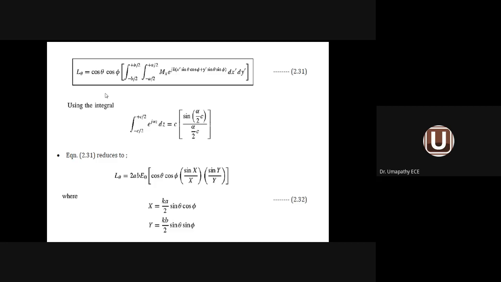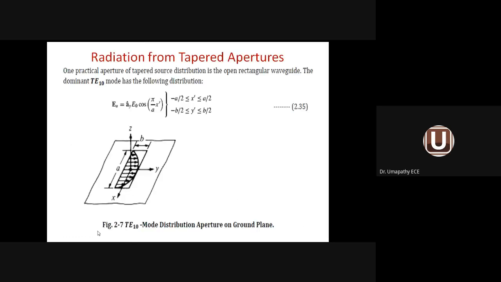After calculating L theta and L phi, I go for the calculation of E theta and E phi, where ER equals 0. When I know the values of E theta and E phi, I can calculate H theta and H phi using the Maxwell equation, by which we get the equations for the electric field and magnetic field for the uniform rectangular aperture antenna.